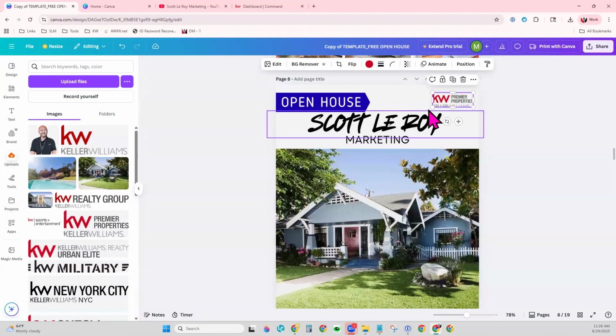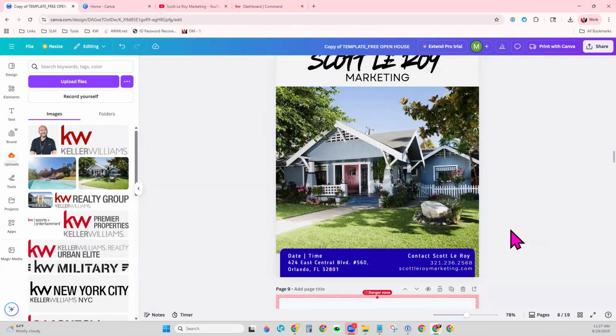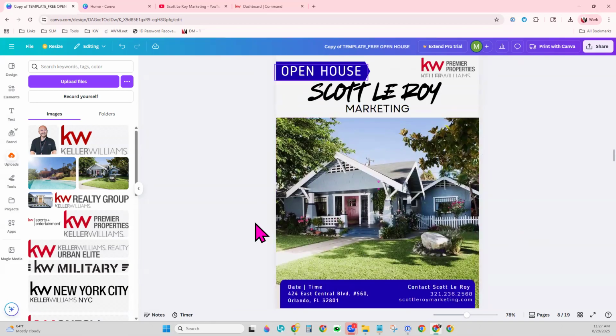Easily swap those out. There you go. And so you can also resize and do this as you need to. Okay. Once you have your flyer adjusted just the way you want, you can always come over here to the